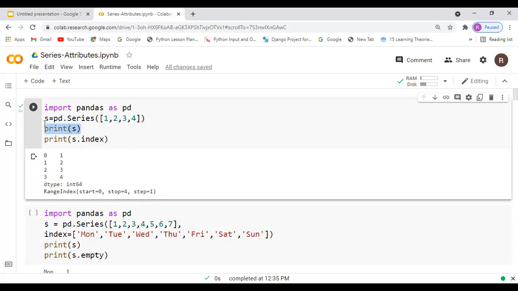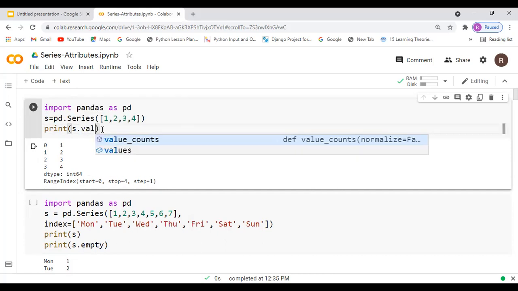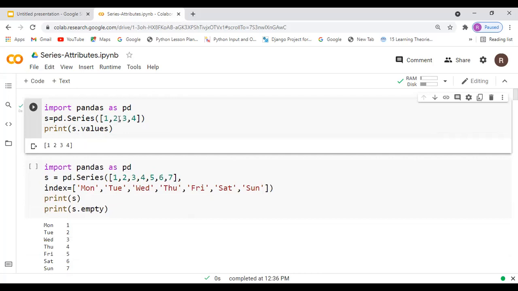Now I'm just removing this print. We don't want that series print, so there's only the index I have given. Now instead of the index, I'm going to use the object name dot values. That attribute I'm going to use. Now you see the output, how it will be. So only the values you will get. What are the values we have? 1, 2, 3, 4. This is our value. So only what values you have stored in your series, if you want to know, then you have to use the attribute values. So the output you will get only the values over there.